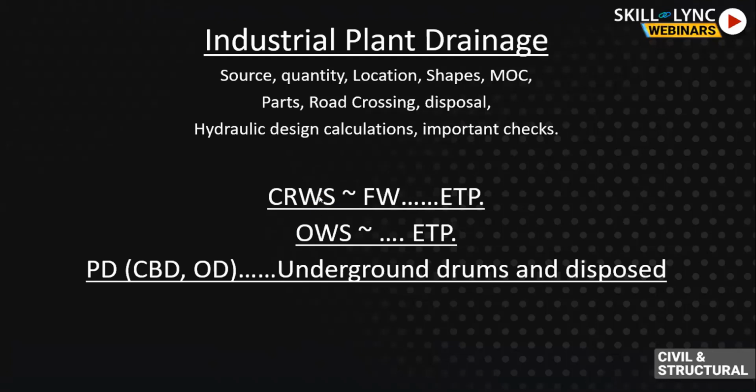Again, for this also, we use the hydraulic formula, 1 upon n, R raised to 2 by 3 and S raised to 1 by 2, where S is the slope. Suppose 1 in 500 is a slope, that is S. R is the hydraulic radius, which is equal to A upon P, where A is the wetted area and P is the wetted perimeter. So I think you know this formula. We have all learned it in our bachelor's graduation program in the college, in the university, and it is under hydraulics. So flow through open channels and flow through closed conduits formula we have to use.